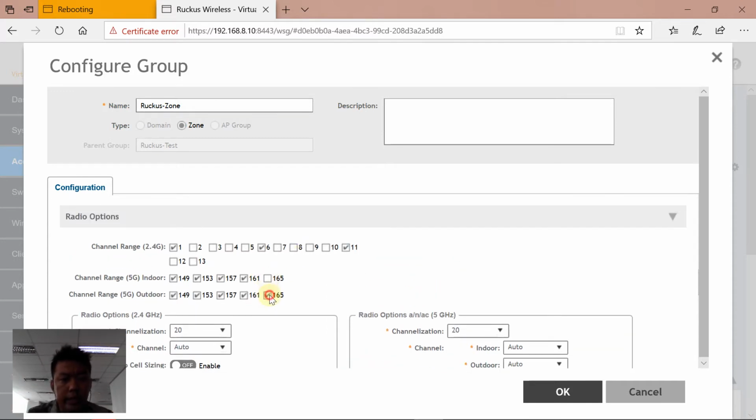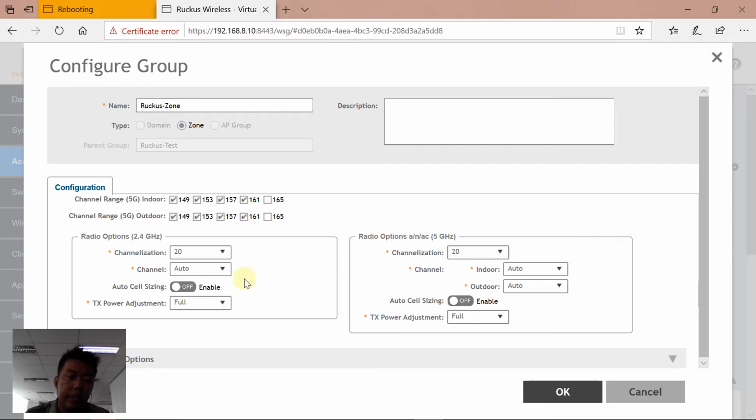And I already created a video about this fine tuning, but not in SmartZone, but in Unleashed. But I think it's the same. And the channel is auto, and here I suggest the TX power is